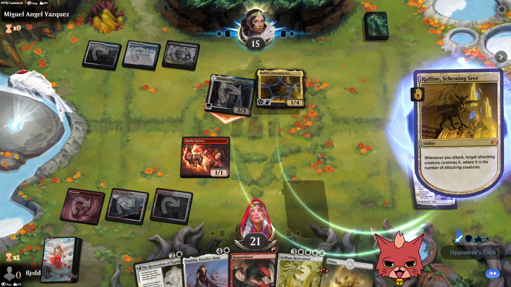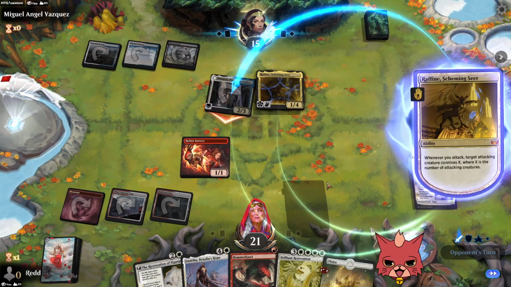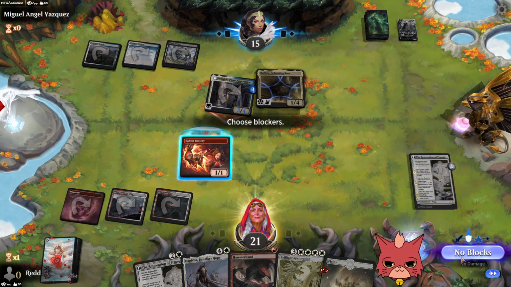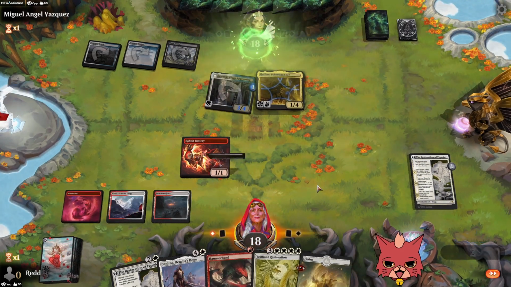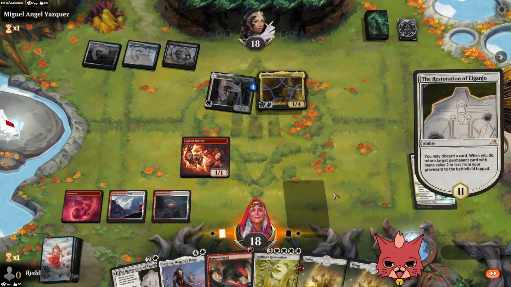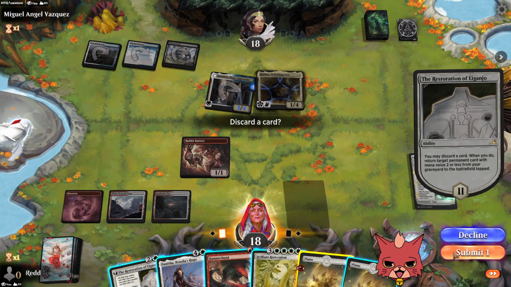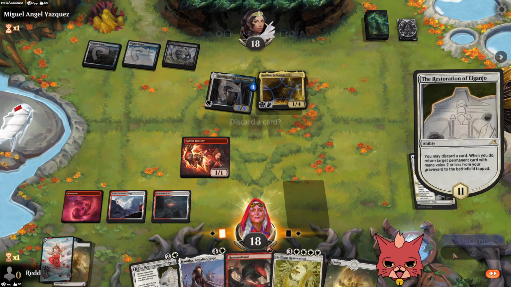Whoa, Rafine hits the board too. The lifelink on the Apprentice here is gonna put him back up to 18. We did draw that land. That's awesome, because what that means is we get a little bit of ramp here, which means